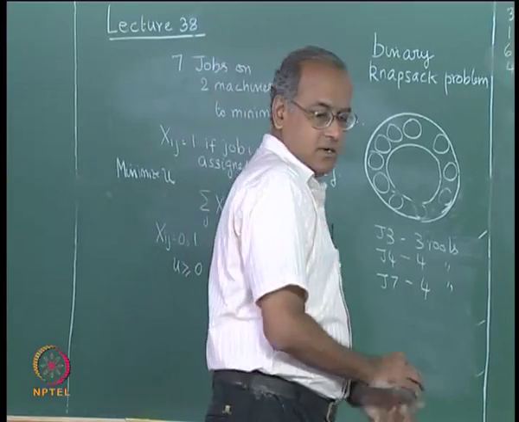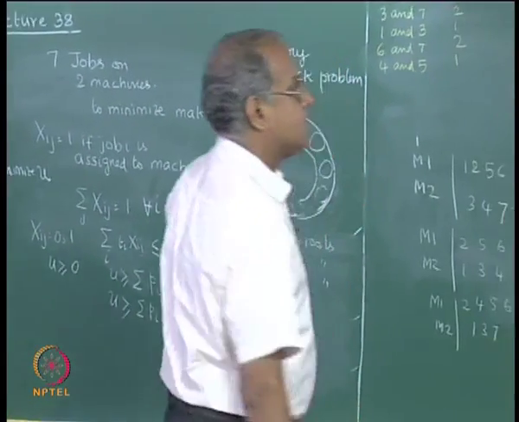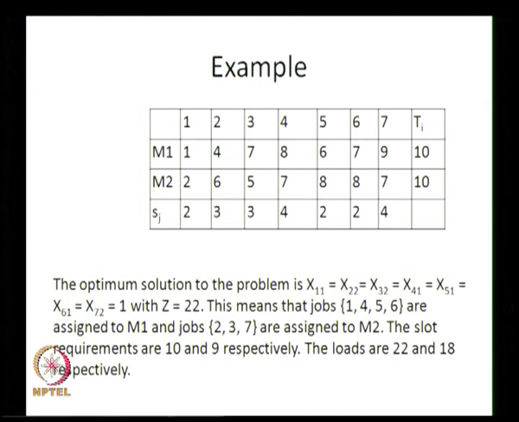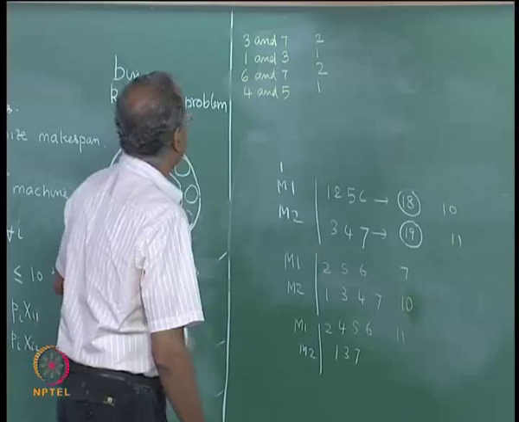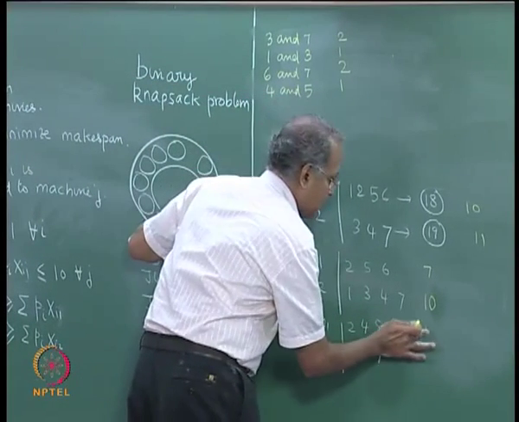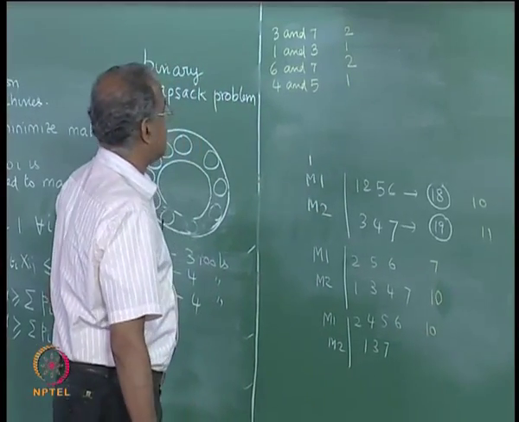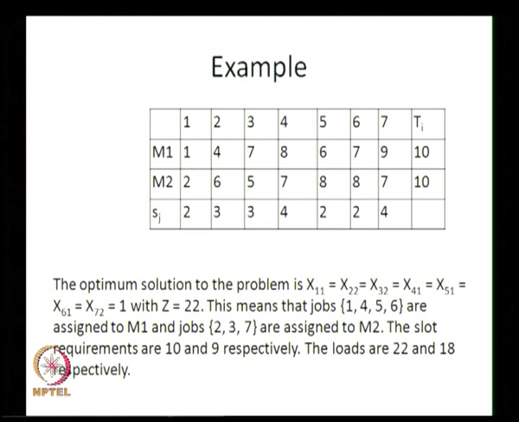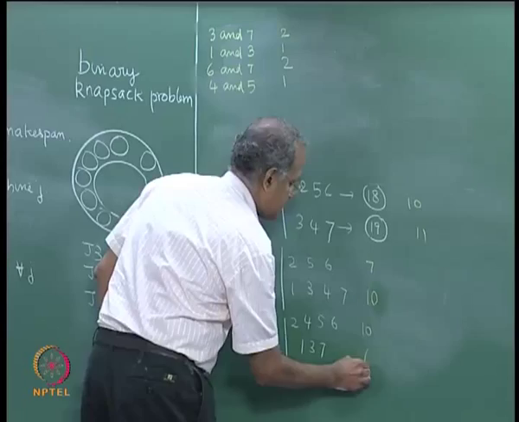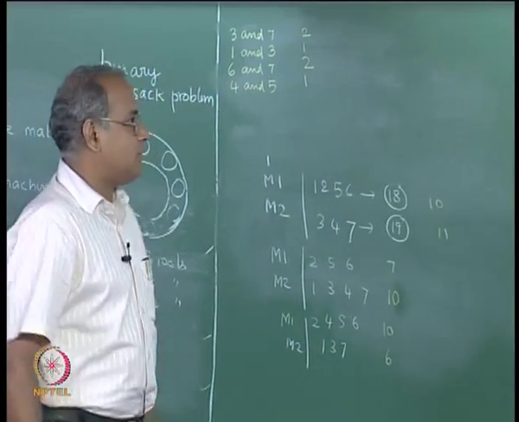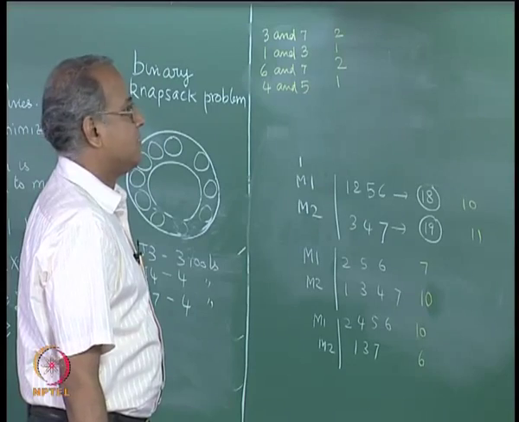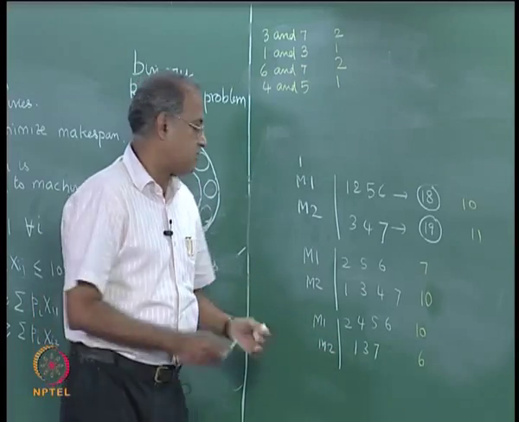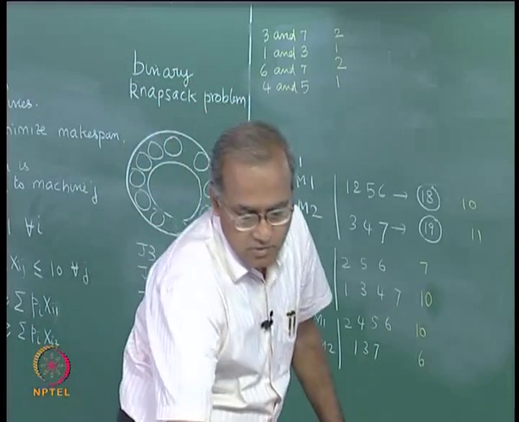So we go back and check. 2, 4, 5, 6 is 4 plus 3, 7 plus 2, 9 plus 2, 11. 2, 4, 5, 6, so this is 10. 1, 3, 7 is 3 again, 2 plus 3, 5 plus 4, 9, 9 minus 3, 6. Now you realize 2, 4, 5, 6, so 5 can be moved here to get 8 and 8. So finally we get the solution